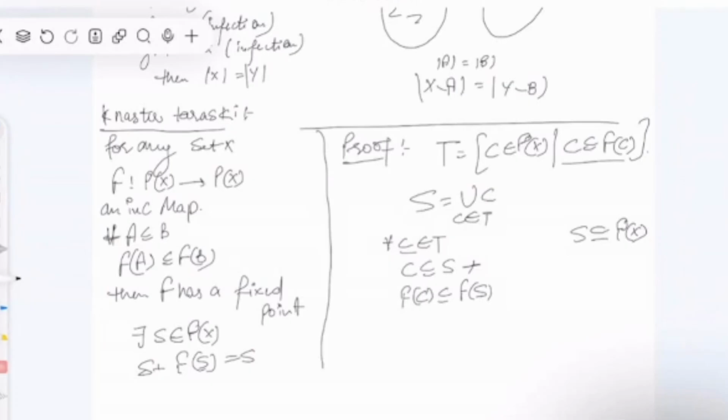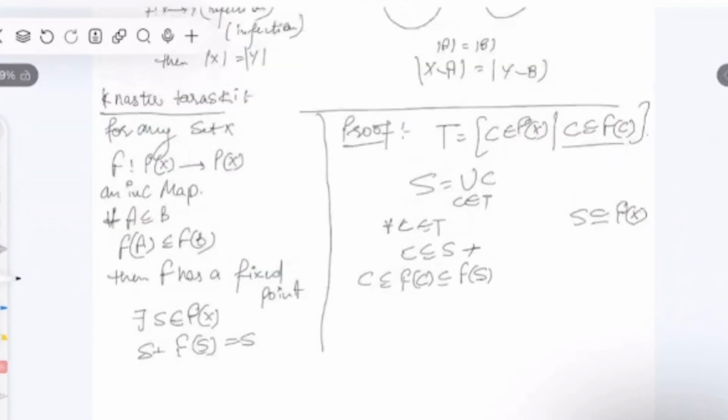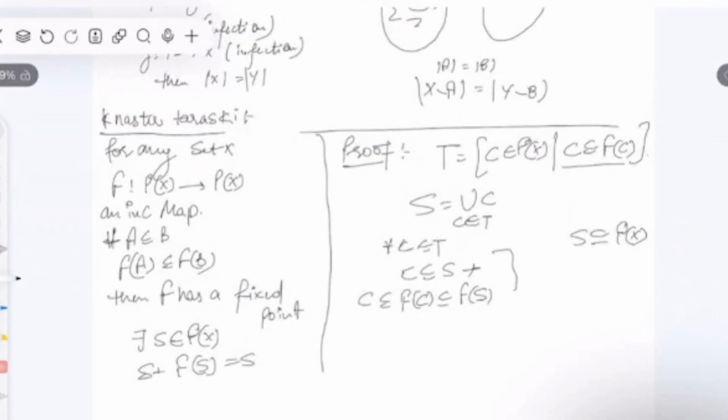So here every C we are taking from T, C is contained in S, and then that F of C is contained in F of S. So also C will be contained in that F of C. So what we'll get from these two things is that for every C, C is contained in F of S. So we'll get S is contained in F of S